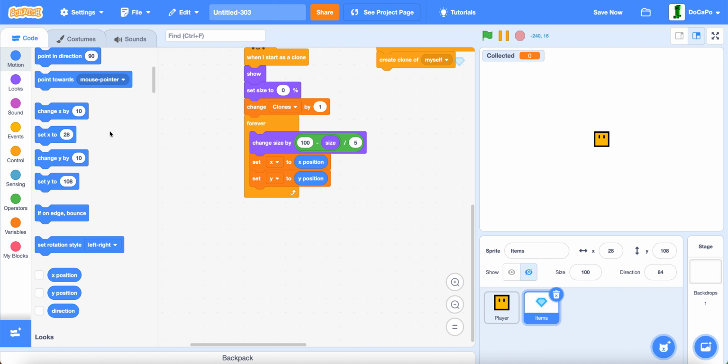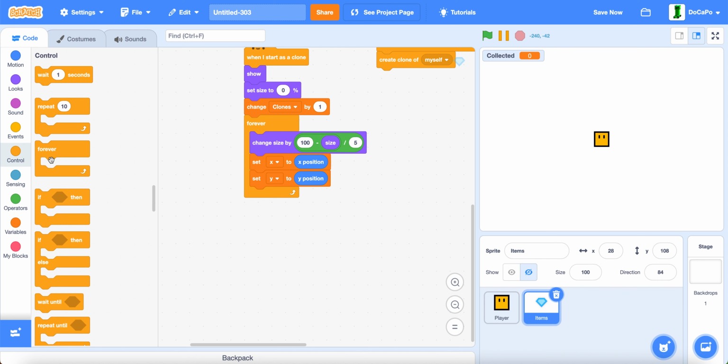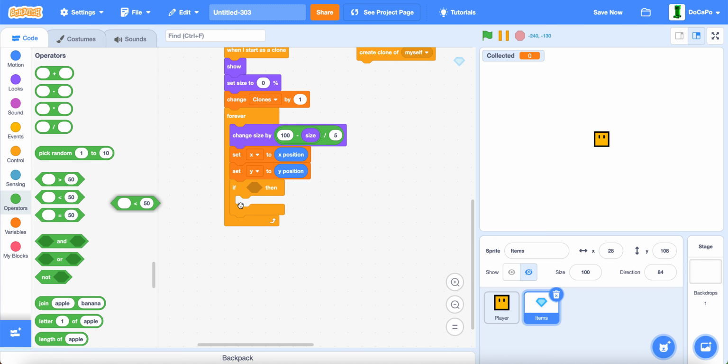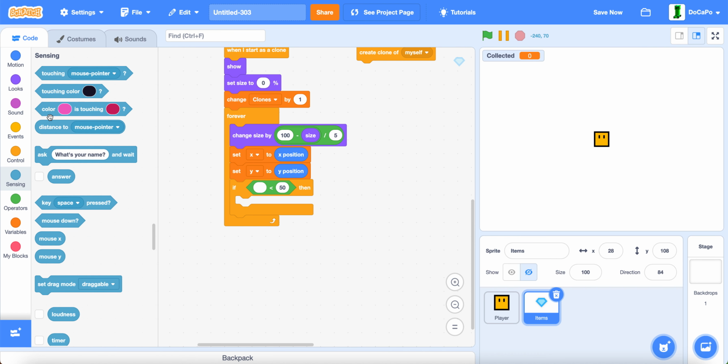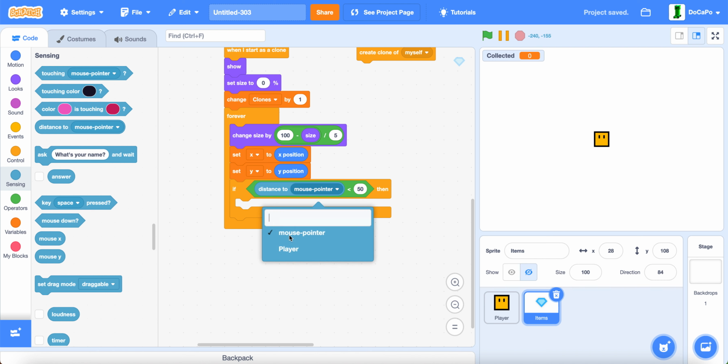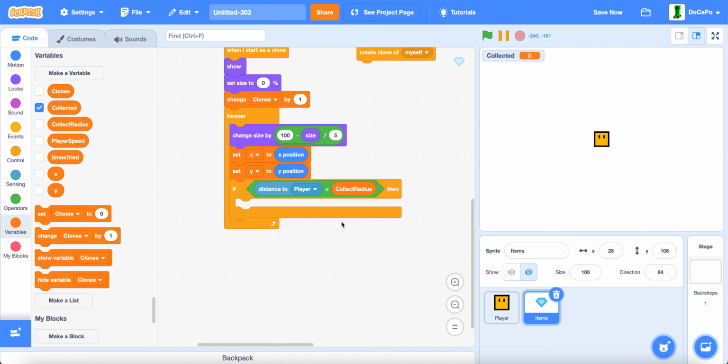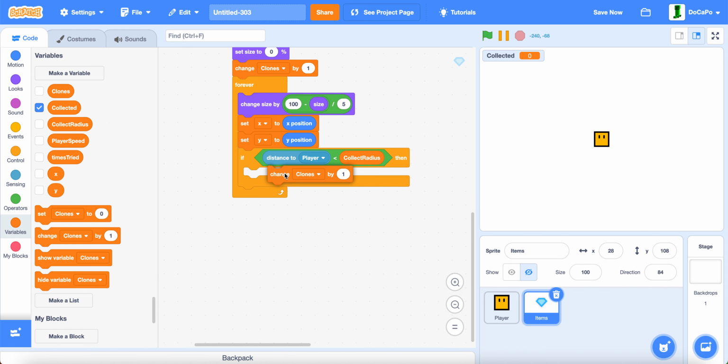Then if distance to player is less than collect radius, then change collected by 1,